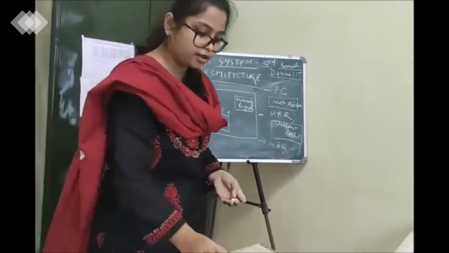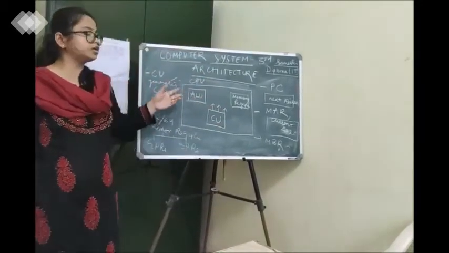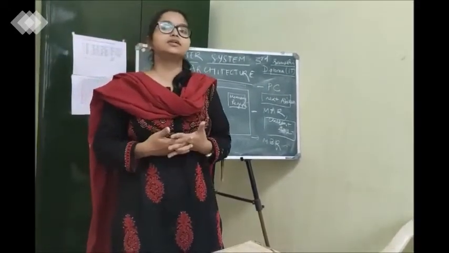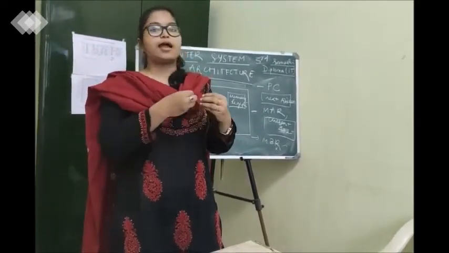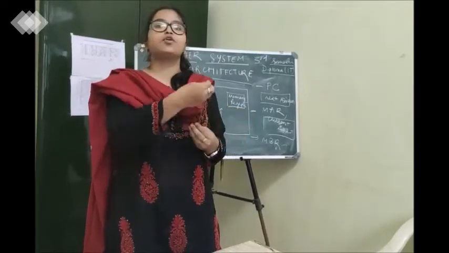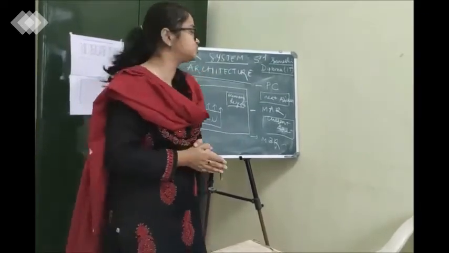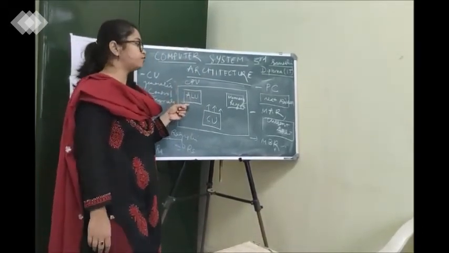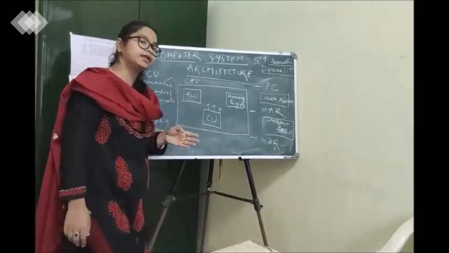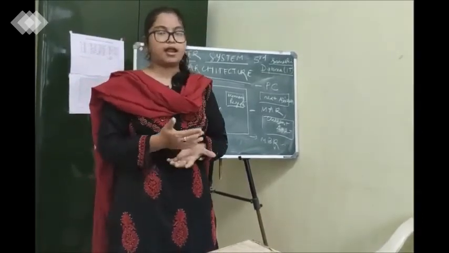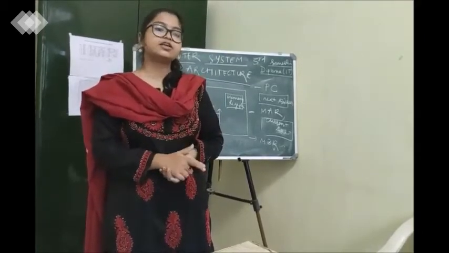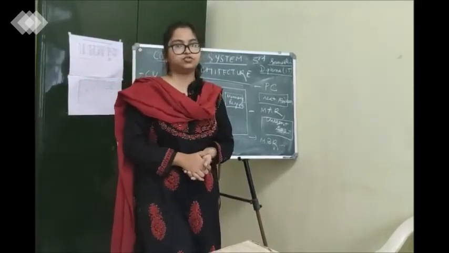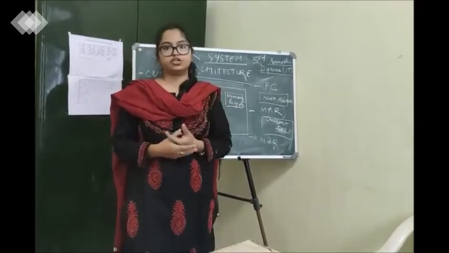So in a nutshell, I would say we have discussed more or less every component of a computer. Just a quick summary. What is a computer? A computer is an electronic device which takes some input and gives us some output by processing that input. The processing is largely done by the CPU. The CPU is one of the major functional components of a computer system. Similarly, we have other components called memory, IO and disk. Disk is generally used as secondary memory, and IO has various input-output devices through which we can take input and project output.